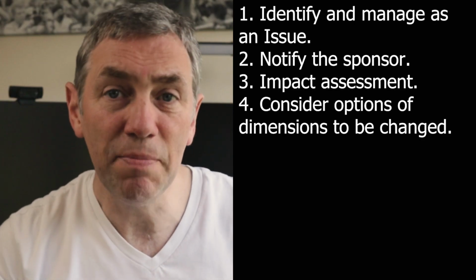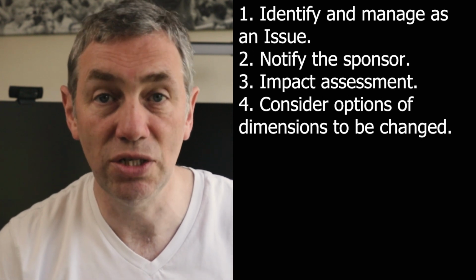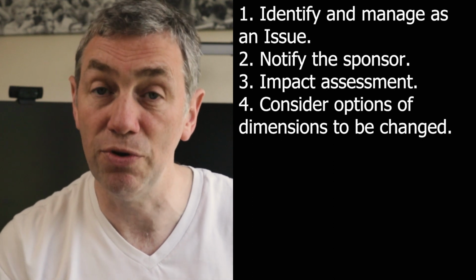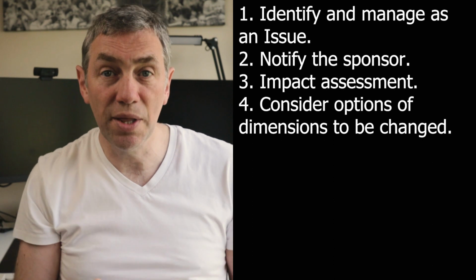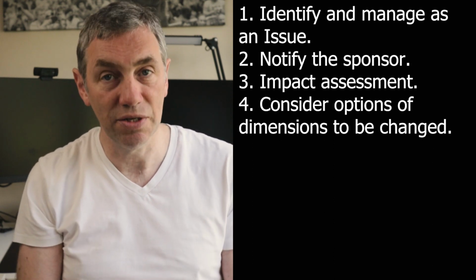For example, you may be able to still deliver on time if you increase the resources on the later stages of the project. That additional cost and allocation of resources needs to be approved by your decision maker. Or you may be able to remove some of the scope of the project so that only the most critical parts are delivered, which would allow the project to complete on time. As you'd be delivering less than the decision makers had signed up to, you need to get them to approve this new scope. Or it could just be that the project schedule has to be changed to reflect the delay and you need the decision makers to approve your new schedule.